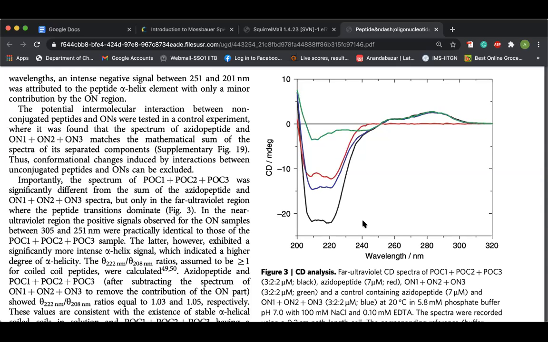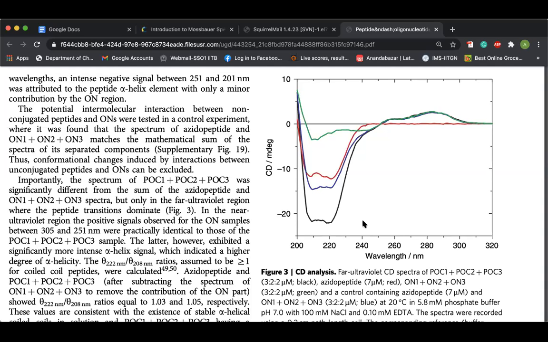Okay. So now the question comes, how to prove that it is actually becoming more thermally stable? Which experiment would you do? The temperature denaturation. Yes, so you will do a temperature dependent CD with this form and its original form.